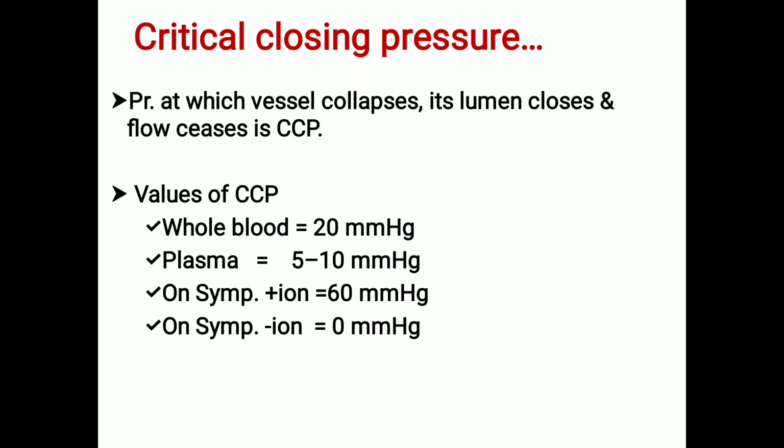Likewise, the pulmonary circulation is a low pressure system. Right atrial pressure is 4 to 6, right ventricular pressure is 25, and the pressure in the pulmonary artery is 25 by 80, whereas the aorta pressure is 120 by 80. So like that we had looked into the pressure changes.